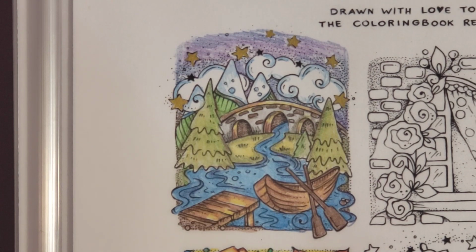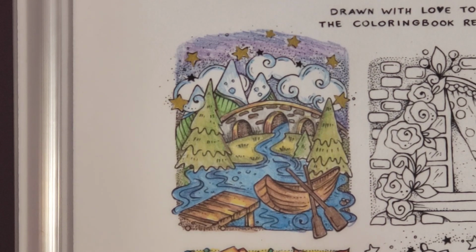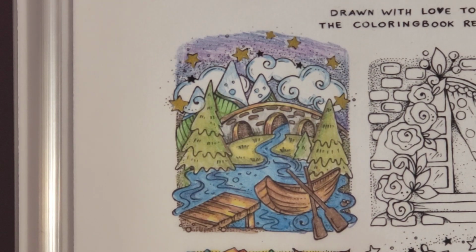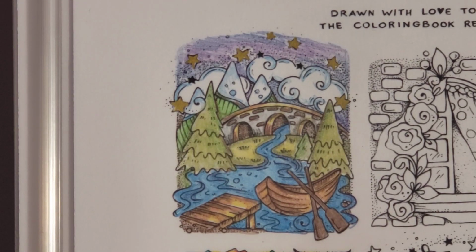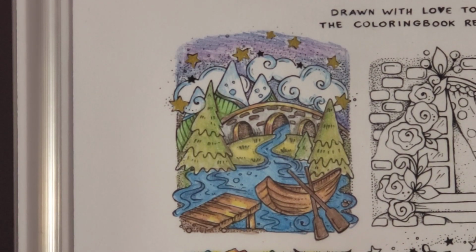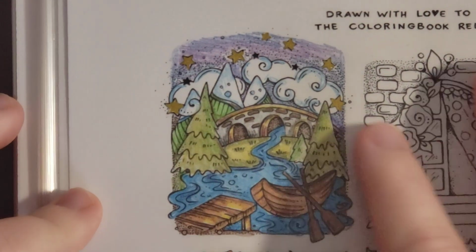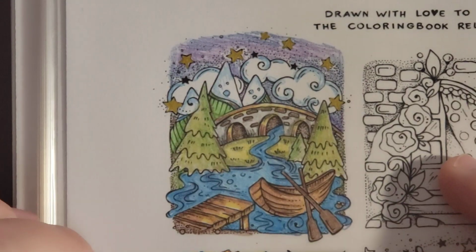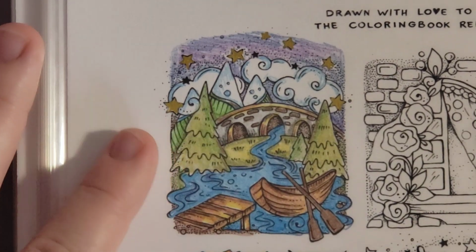And I've used the Prismacolor ones. They're pretty good, I'll be honest. Those ones are pretty good. But the Crayola ones, I hate them. I feel like they're crappy. It feels like you're coloring with rubber. I don't like those at all. And so I wanted to try these because Arteza is such a well-named brand. I wanted to know if they would color well. So I'll be honest, I don't like these nearly as much as the scented pencils. The scented pencils did 10 times better than the